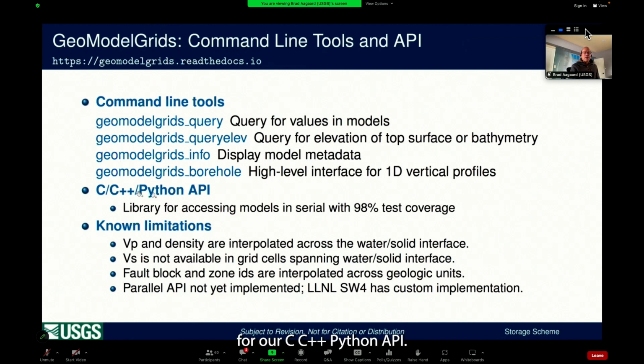For our C++, Python API, it's a library accessing models in serial. We have 98% test coverage because we want to make sure that everything is working properly on a variety of platforms. There are a few limitations, and these mostly deal with the fact that we have discretized information that has